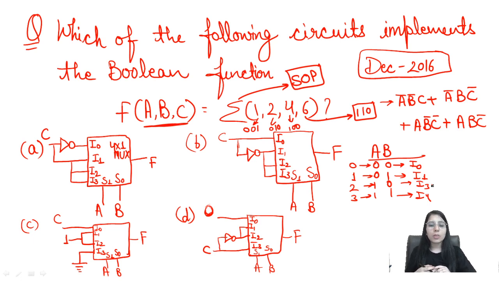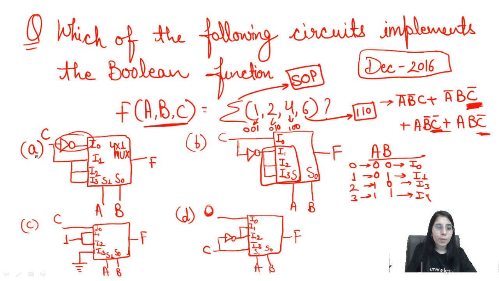Even where it is possible to do the smart work, I am going to include that point now. Now if we are going to talk about the expression which we want to represent with the circuits, you can see in all these expressions or the terms, C bar is here, C bar is here, C bar is here. That means the last term in those product terms is C bar. So where you are getting the last three as C bar, in these three, in this circuit, whether in all other cases only this is the complemented one. Okay, in this all the last three are complemented, in this only these two are complemented.